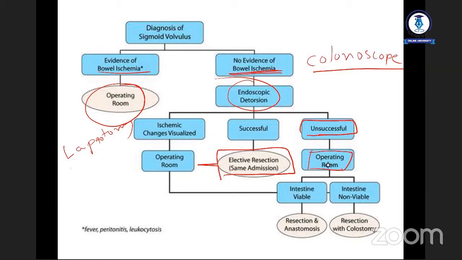But before that, remember, on the operating table, you first detort, you untwist the intestine and then do all these things. The first thing you should do is untwist the colon. But if you think that it is gangrenous, then you don't have to untwist it, and you go for resection. This is not necessary at undergrad level, but at postgrad level, it's important to understand that if you're sure that it's gangrenous, don't untwist it, because there is a chance that the toxic materials will go into the other parts of the intestine. It's better to go for resection and anastomosis without untwisting it. But if there's confusion whether it's viable or not, then untwist it, check for its viability,